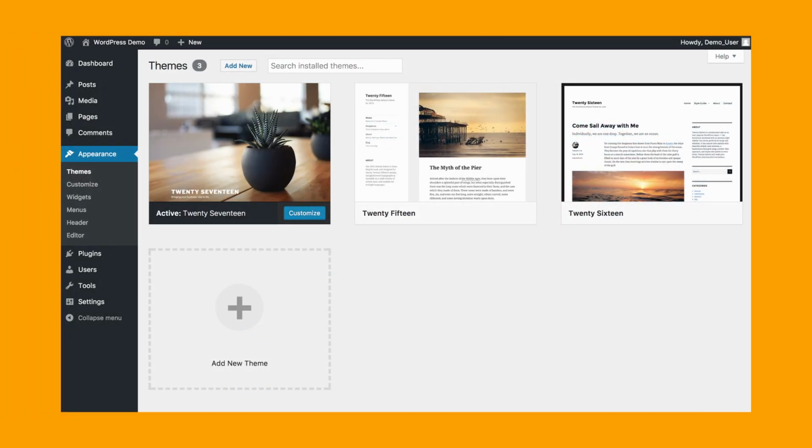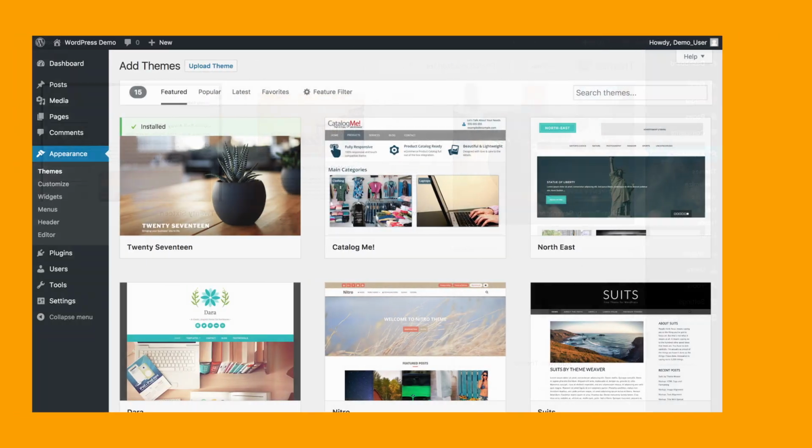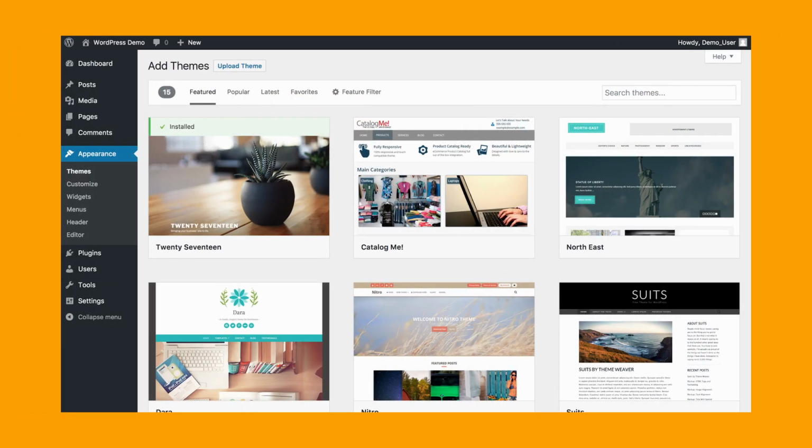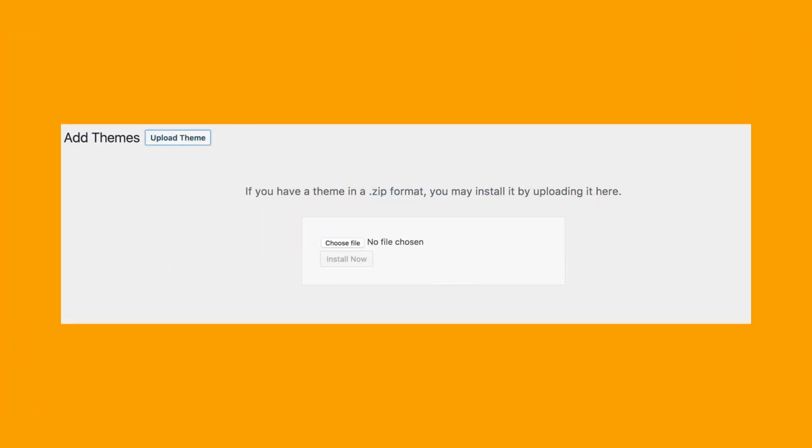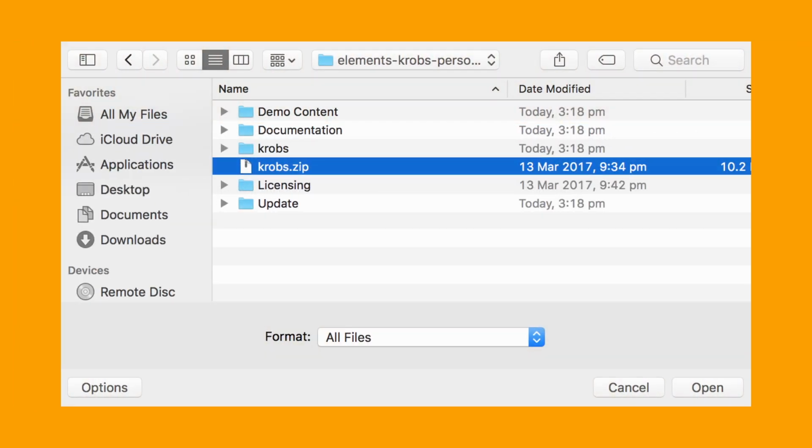So what you need to do now is to go to the top of the screen and click on Add New. After clicking on Add New Theme, you have the option still at the top to upload a theme. So you also need to look at the top to look for the Upload Theme button. So once you click on Upload Theme button, you have the chance to navigate to the downloaded file and select it. So once you get to the downloaded theme from Envato on your local drive, you can select it and